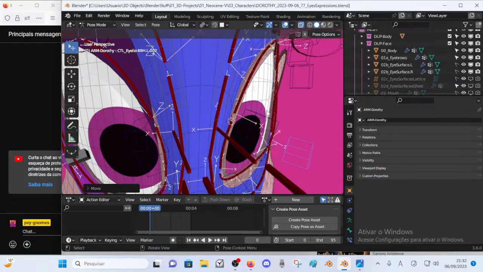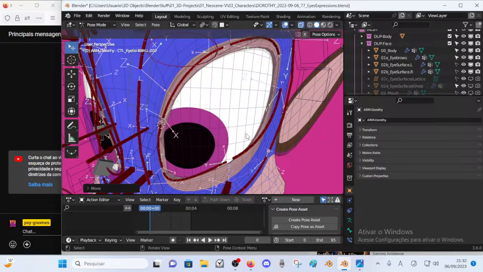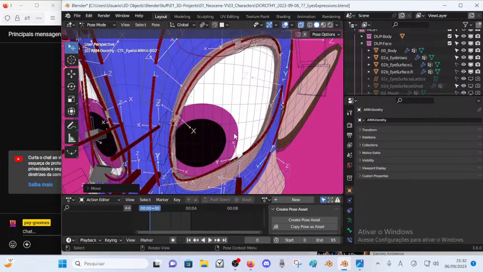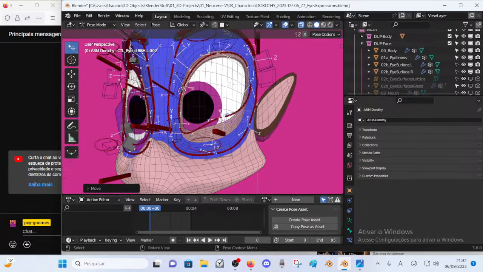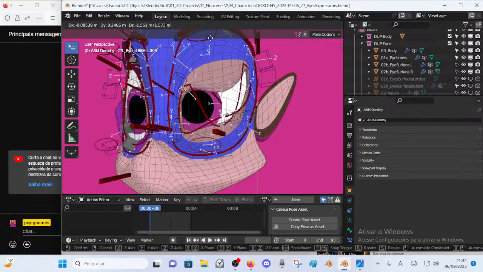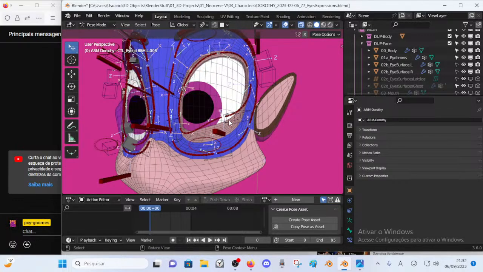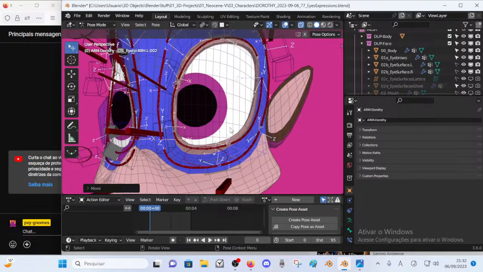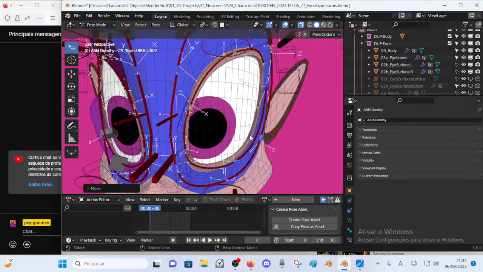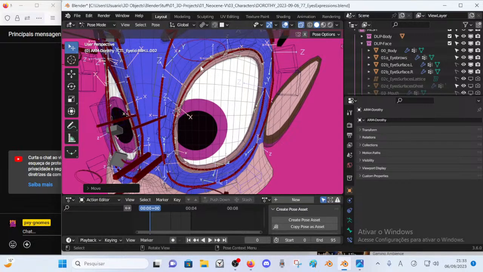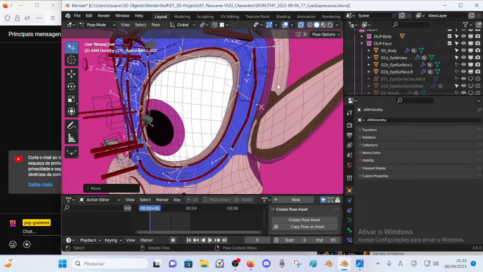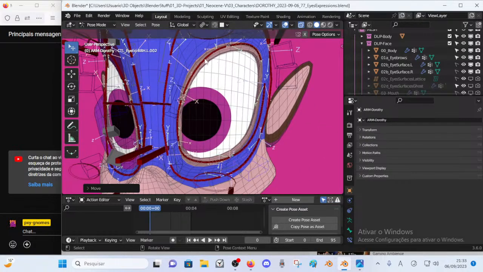Actually, this sort of shrink wrapping solution also works with shape keys for the eyelids. If you have a shape key that opens and closes the eyelids, you can use a shrink wrap modifier for the eyelids mesh with a vertex group, only the eyelids mesh, even though it is connected to the rest of the face mesh, because it's a vertex group.